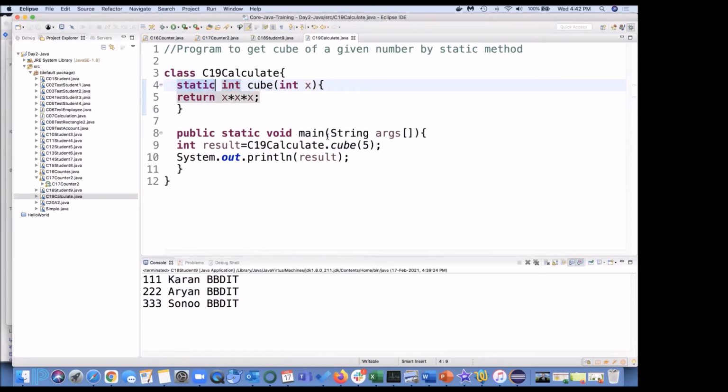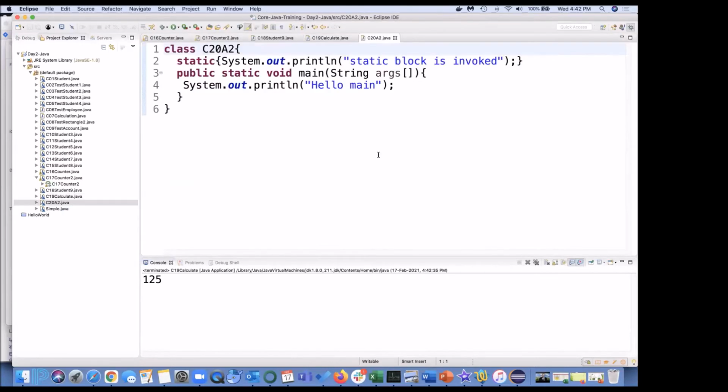Once it is static, then I can call it directly. Since it's the main class also, I can call it directly like this. If I'm going to execute this, the answer is simple, 5 5 5, that is 125.